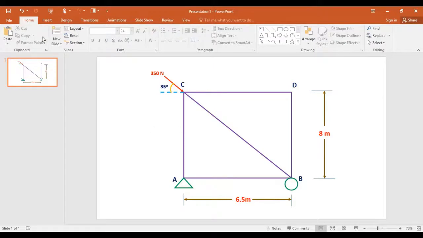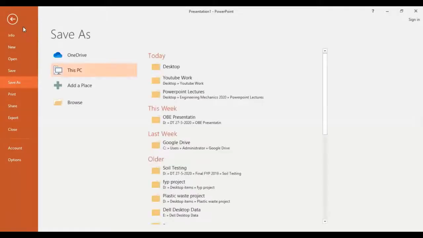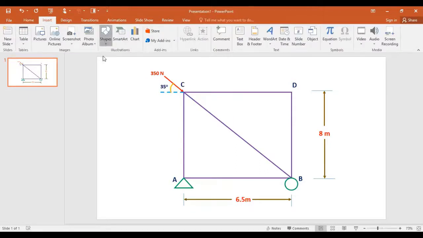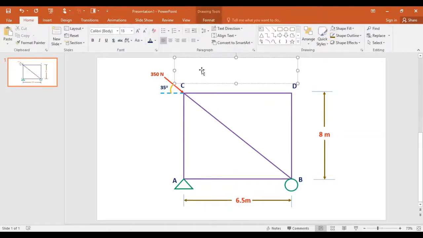So what we have to do, for example, I want to write down the question, so I am going to insert option and text box. I am going to put it here, and I am writing the question here.